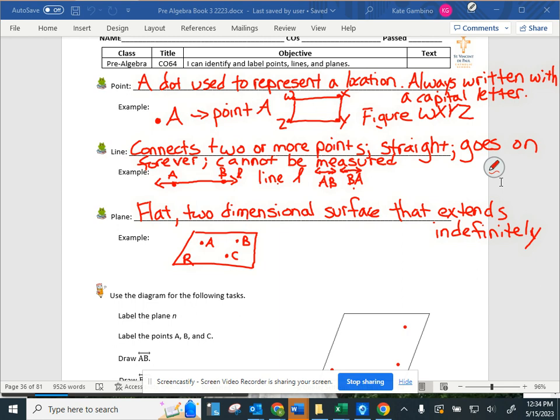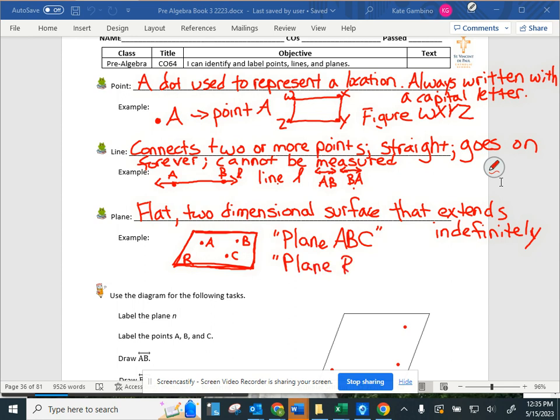Okay, so if we're going to write what this figure is, we could say it is the plane A, B, C, because those are the points that are inside our plane. So just like we used those points for our line, and we said it was line AB because we had the points AB with the line above it, we can call it the plane ABC, and we know it's this shape that has those points inside of it. We could also call it